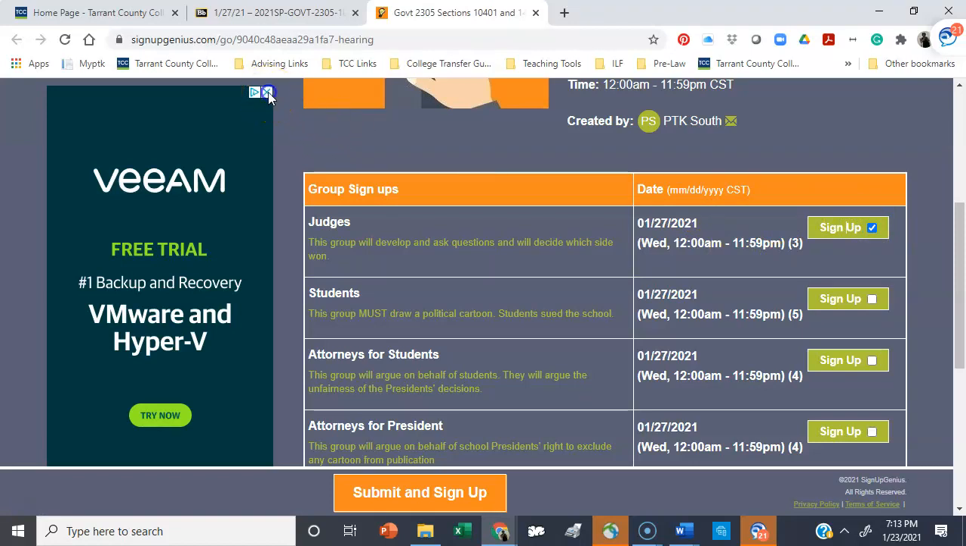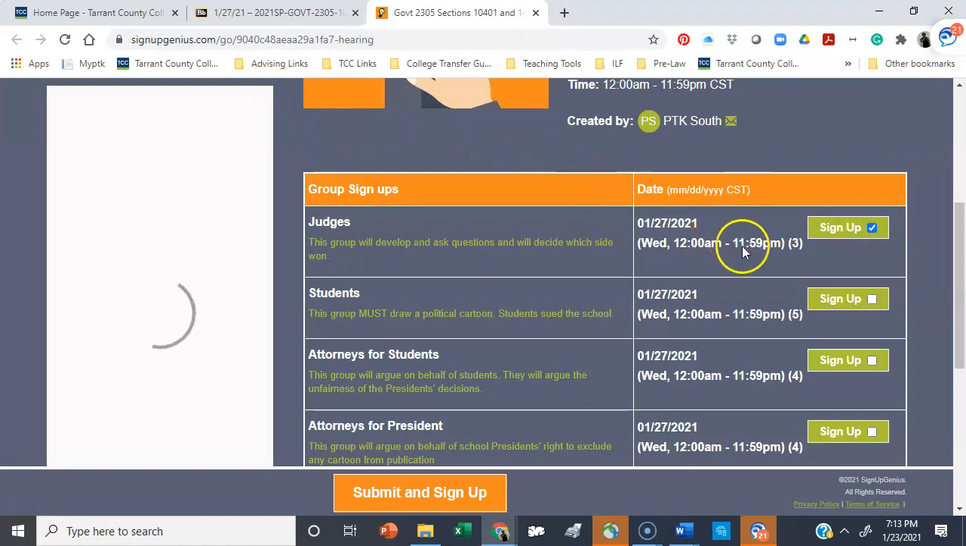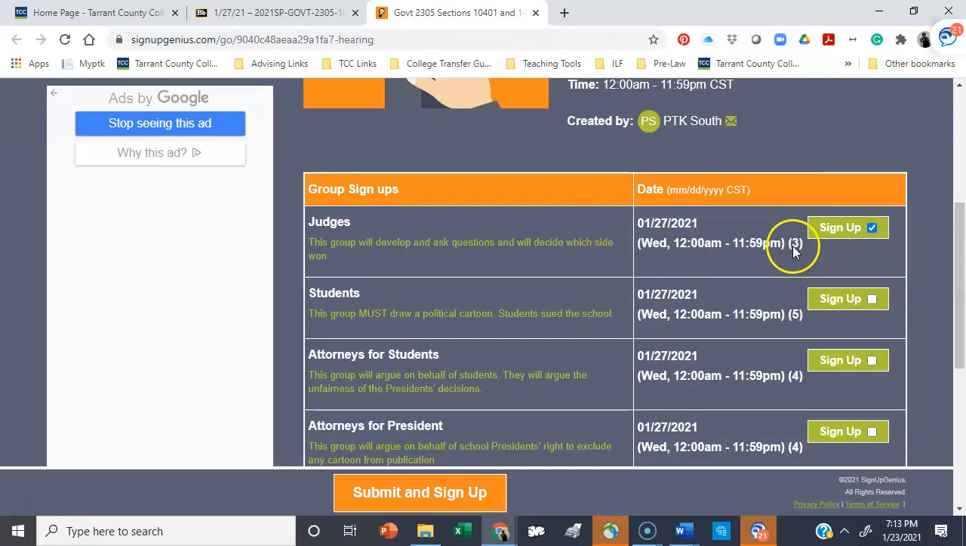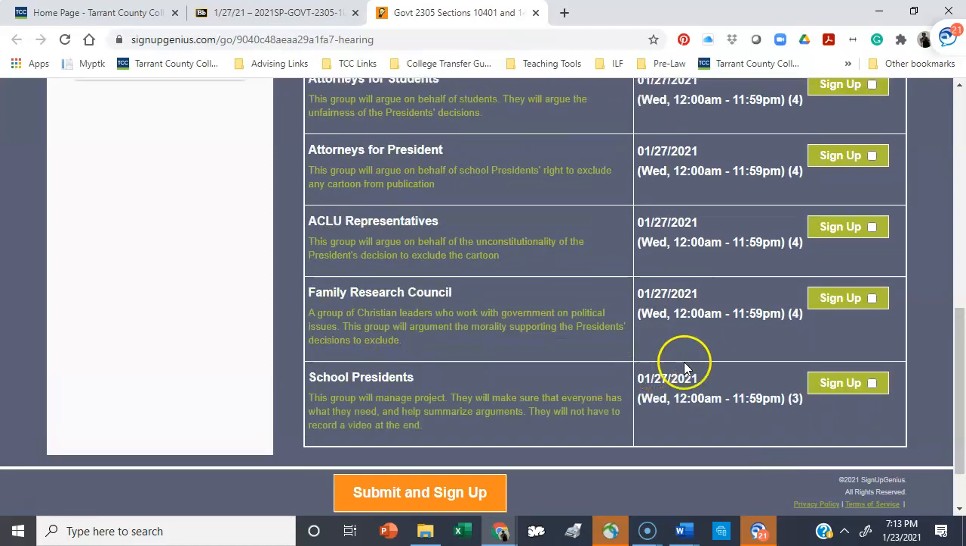Pick the group and you will sign up. It tells you how many slots there are for each one, and then you sign up. Now, remember that